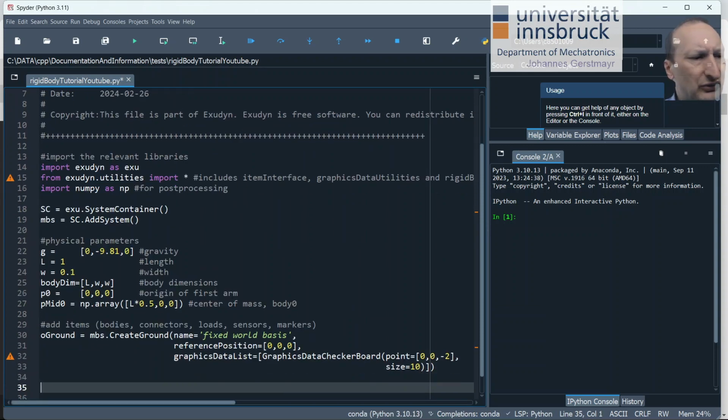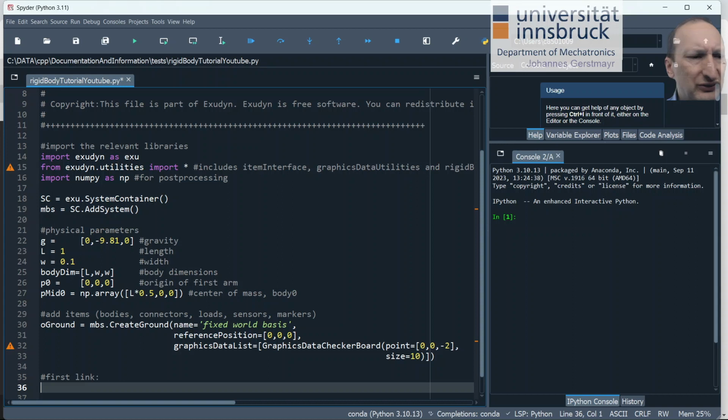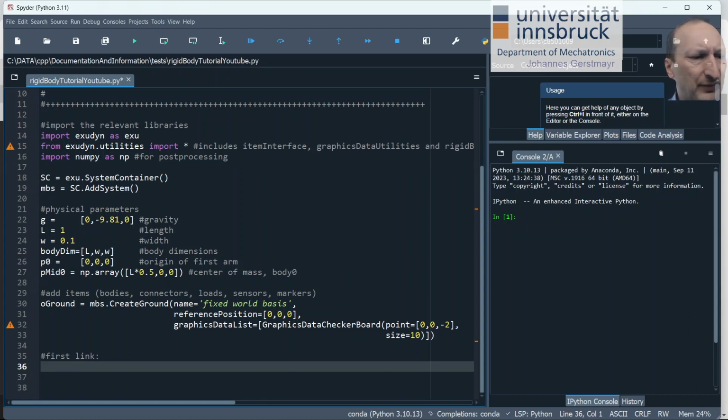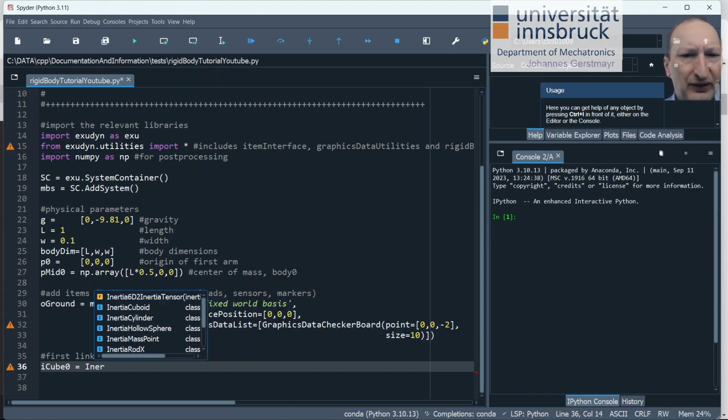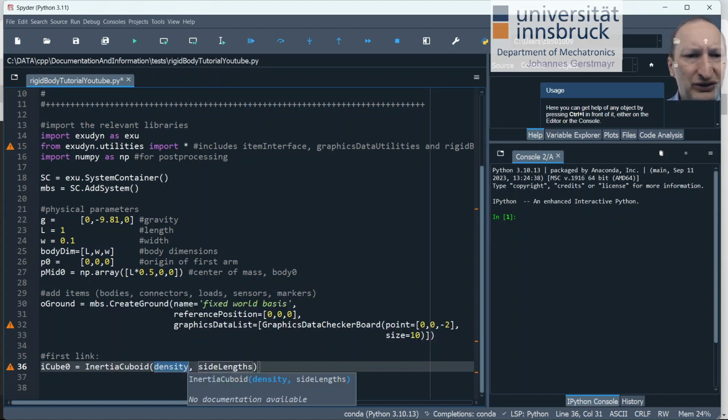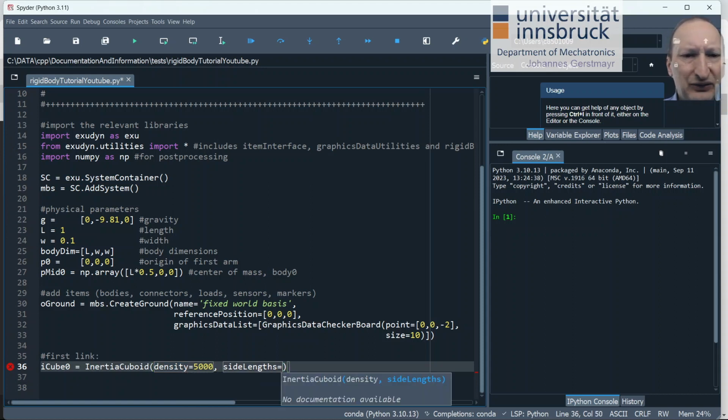Now we have the ground object, and now we have to create the first link. For that, we just want to add a rigid body. But in order to add a rigid body, we need the inertia. So we would use inertia defined by a function which is called inertia cuboid, which is a cuboid body having a density. Let's use a density of 5,000 kilogram per cubic meter, and the side length of this cube should